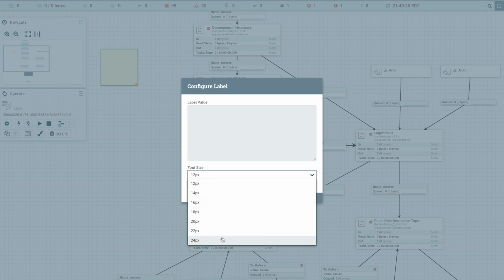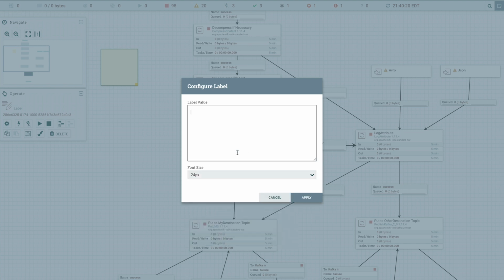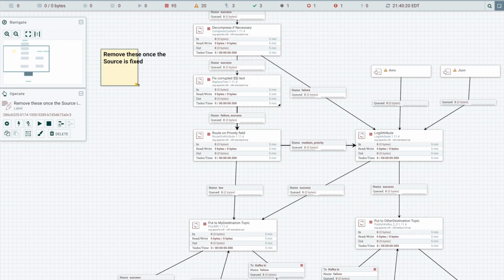So let's make it larger, and let's say we're going to remove these once the source of the data is fixed. Right, so that gives us the ability to just put some blob of text right onto the canvas for documentation